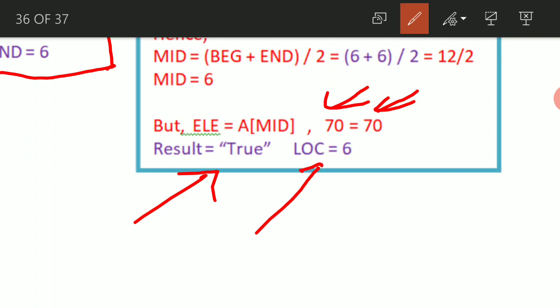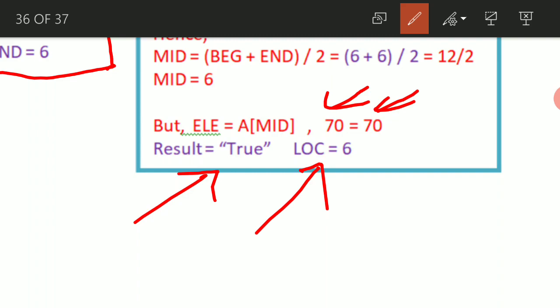Then location is going to be how much now? 6. We found it at this value where the mid value is 6. So location equals 6, A of 6. There is quite a difference, because when we are taking 0 as the lower bound, it is going to be in the 7th position.